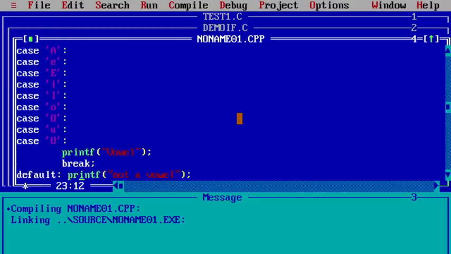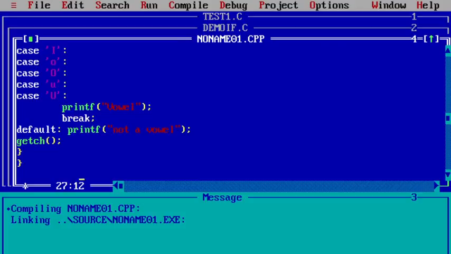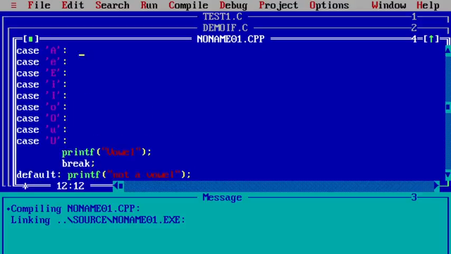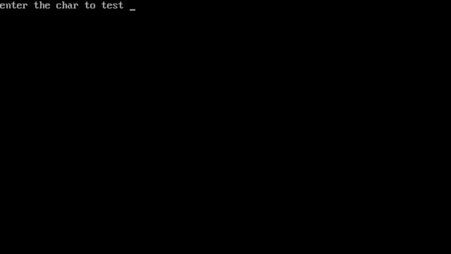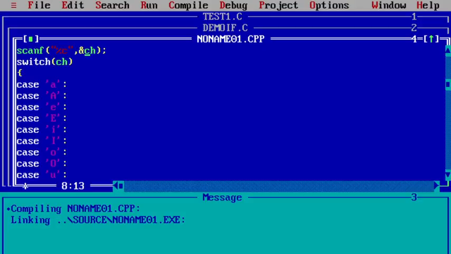Let us check it out. The character is not being read. Why is it not reading? It is going for default only.